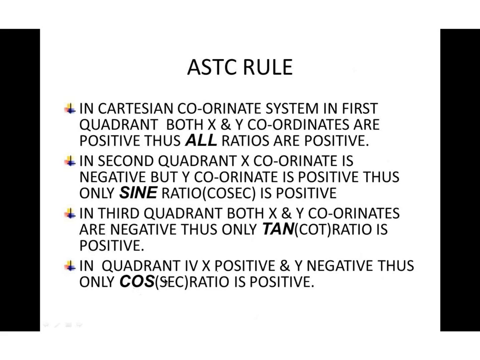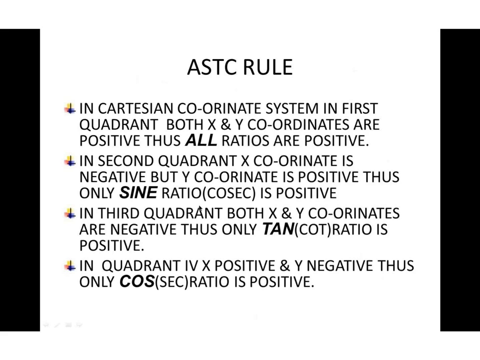And in the fourth quadrant, which is opposite of the second quadrant, x is positive but y is negative. Now the x coordinate corresponds to the cosine ratio and the y coordinate corresponds to the sine ratio. Thus the cosine ratio and the inverse of that, that means the sec ratio, are the only ratios that are positive in the fourth